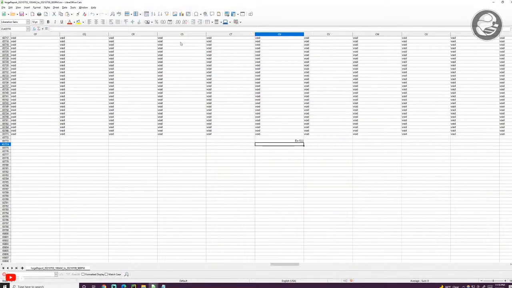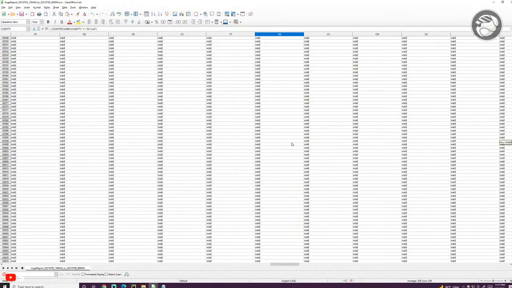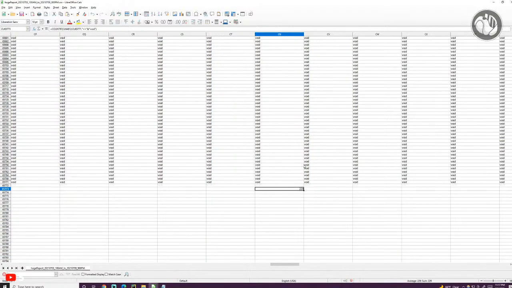There we go. Okay, so we want to count if this range is void or not void. Oops. So we need to do less than or equal, I think, or not. Let's try that first. Okay, there we go. So there were 230 people that adopted Binance in the first hour, and then if we